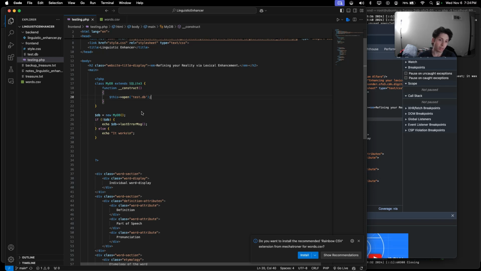I suppose open is from SQLite. Okay, so here my DB is the opening of that. So if DB, it works. Okay, so basically here,